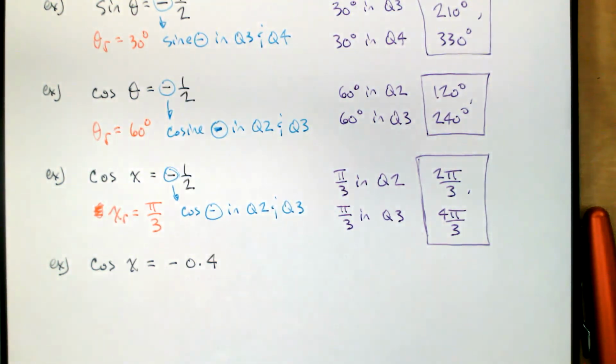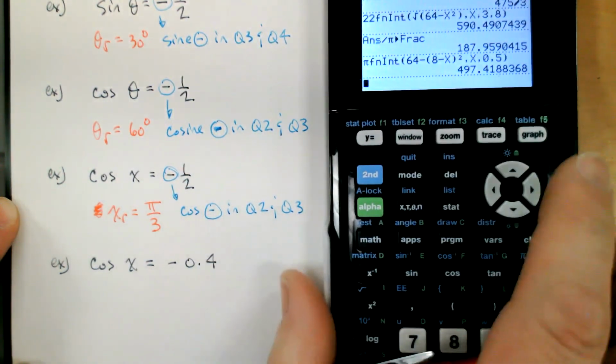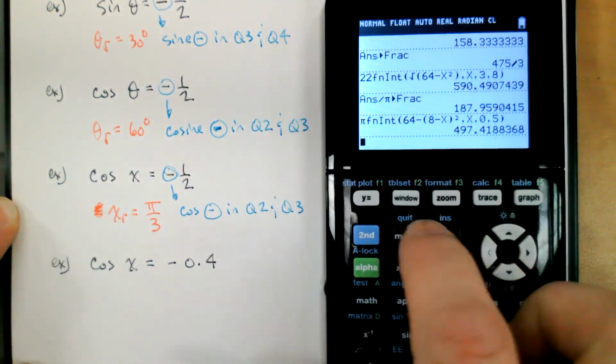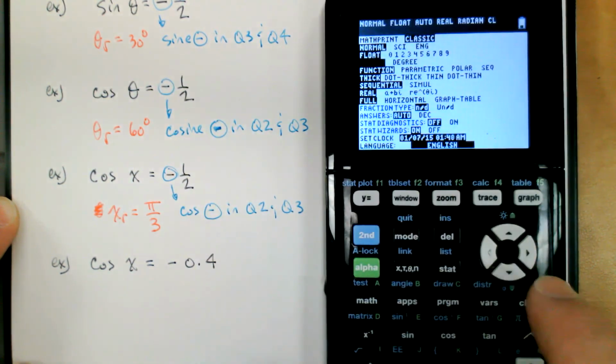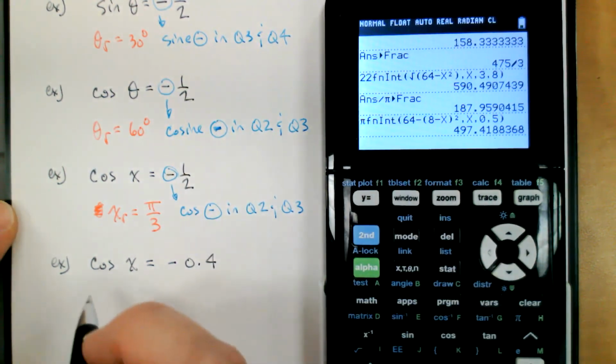I don't remember what the reference angle is. So in this case, since we don't recognize the reference angle, we're going to have to calculate the reference angle. First, I'm going to make sure that my calculator is in radians. It looks like it is. And I'm going to get my reference angle